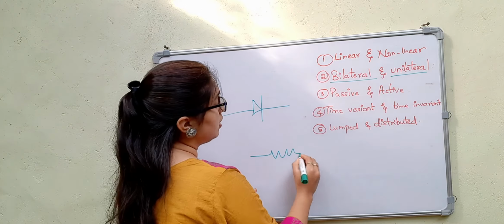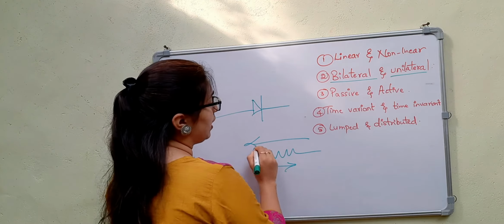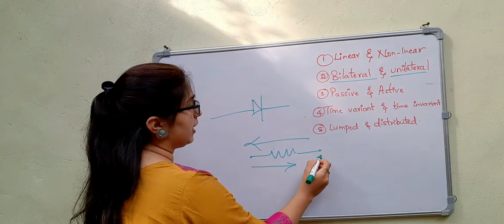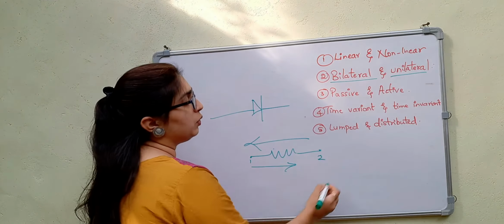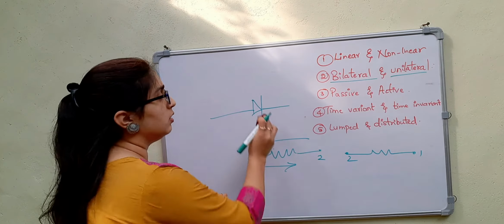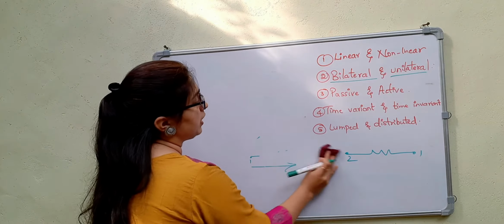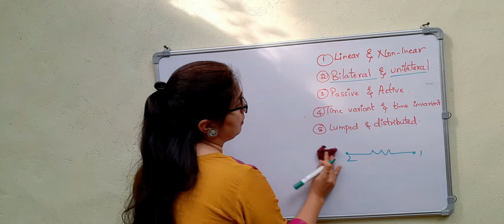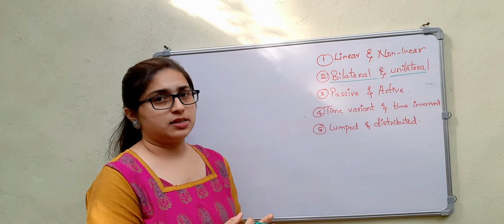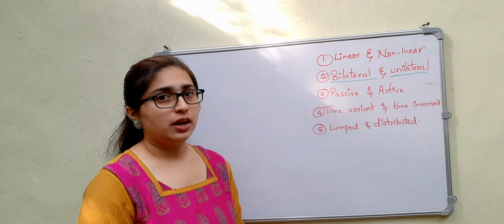But in a resistor, current can flow like this, it can flow like this. It means that if this terminal was connected here, it was terminal 1 and 2. Now in the circuit, I can connect here with terminal 2 and 1. That can be interchanged in the case of bilateral elements. So your capacitors, inductors, resistors, these all are bilateral elements.